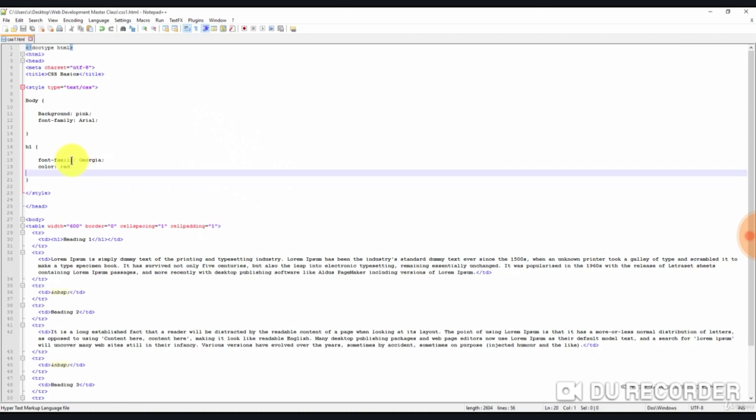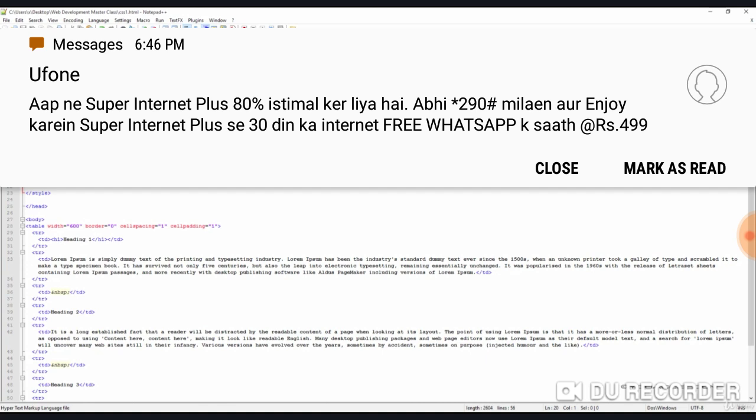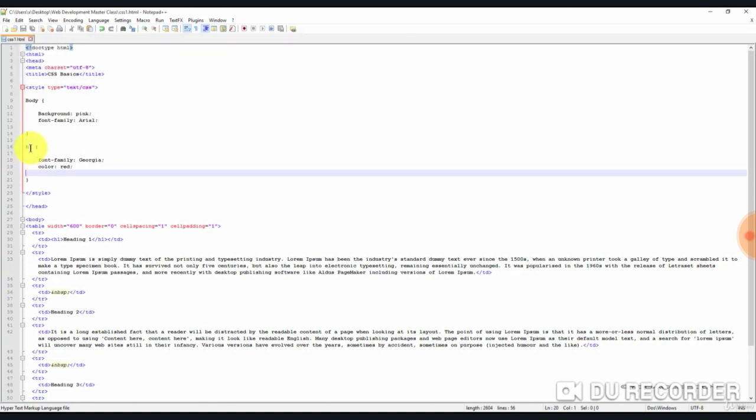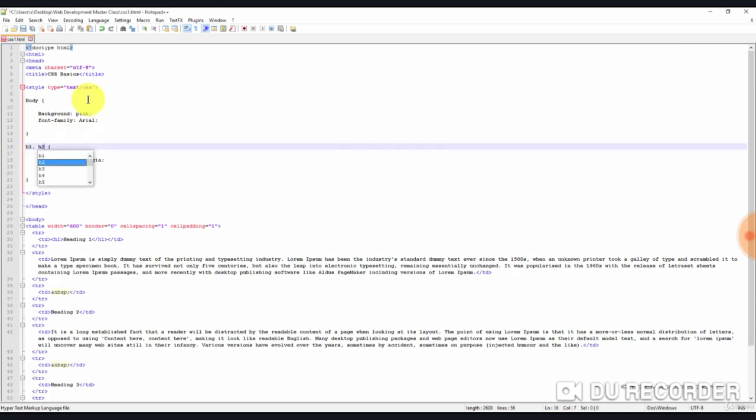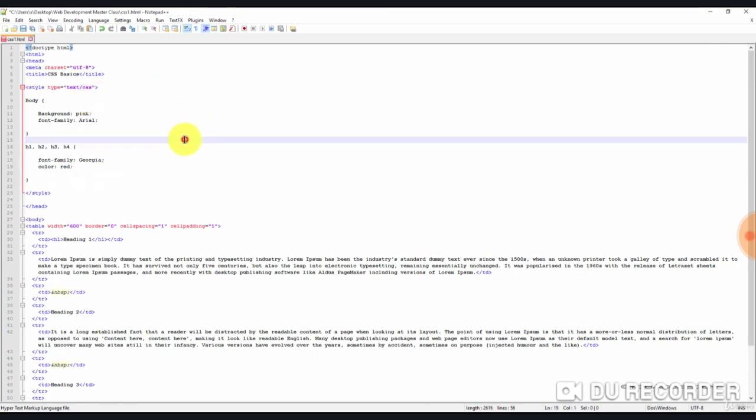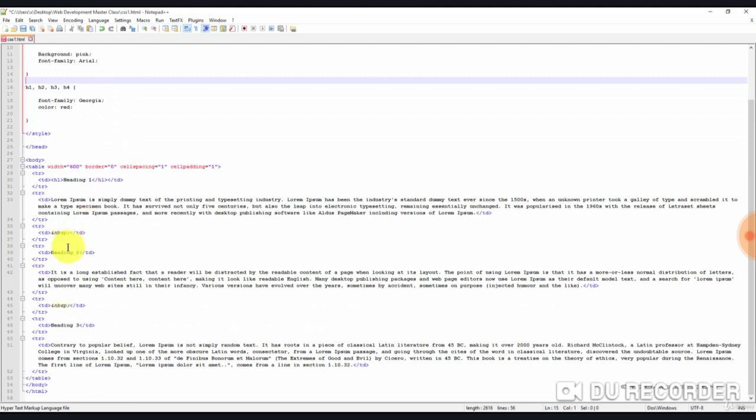Selectors can also be combined. So say for example, not only did we want to change the H1 headers to this font and color, we also wanted to do the same for H2, H3, and H4. So let's go ahead and apply